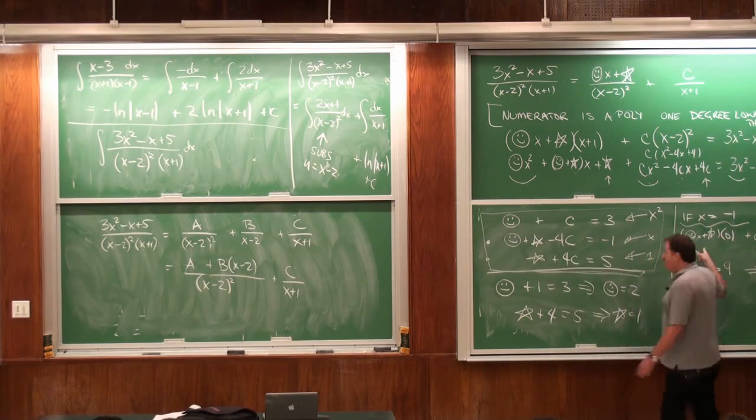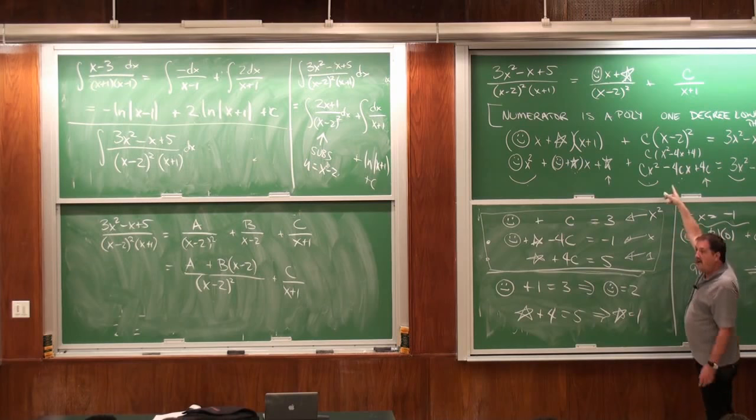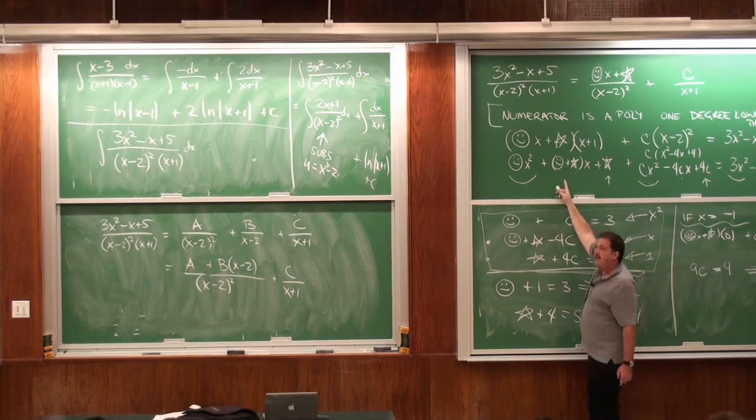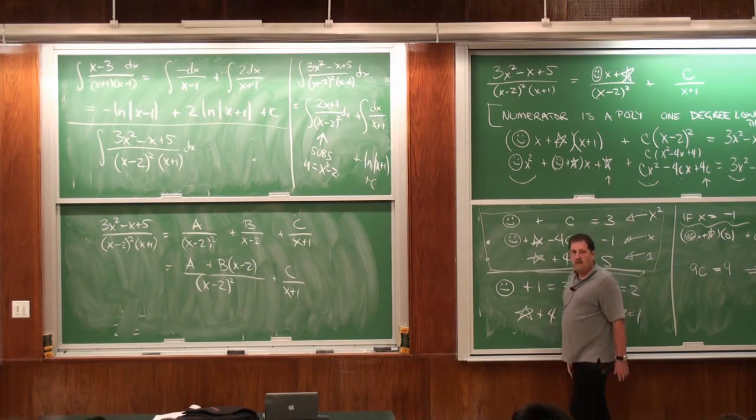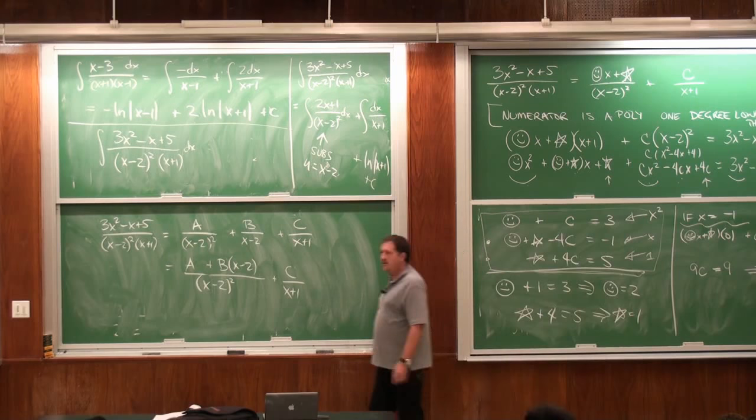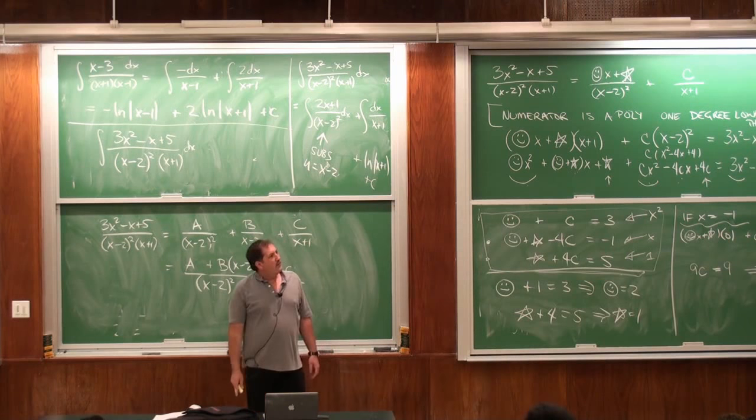This other method isn't going to work so well here because I can kill the x squared minus 2 by substituting x equals 2, but then I'm left with something involving both Smiley and star. So I need to make another choice that will not kill all 3 terms and put that together. So instead of doing that, I sort of mix these 2 methods. They're all the same thing, so you can do it. Great.